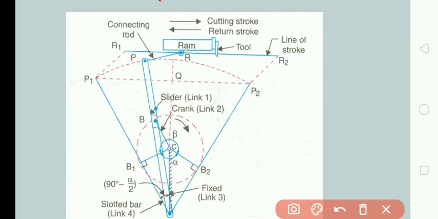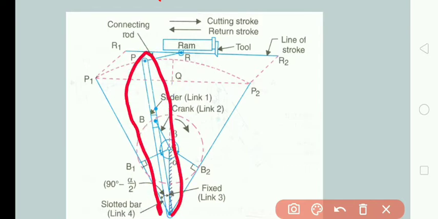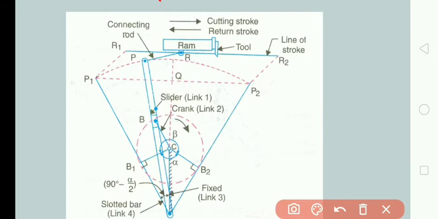That is the position of slider B when the crank rotates along this circular path. Now we have the slotted bar here. This OP is the slotted bar. So when the crank rotates along the circular path and the slider B moves to B1, the location of the slotted lever, that is the end point P of the slotted bar, moves. So when the slider is at position B1, the point P will